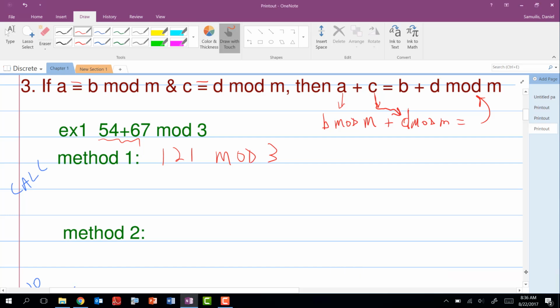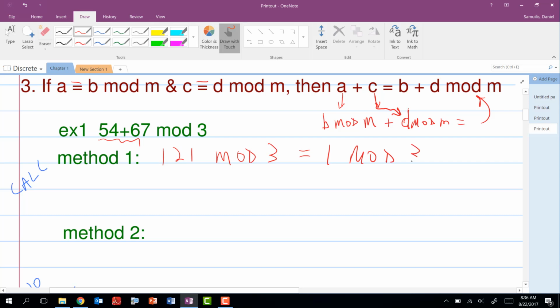The divide by 3 rule is when you add the digits together, if the sum of the digits is divisible by 3, then so is the number. Wild, right? But it's even crazier now. What's 1 plus 2 plus 1? 4. How far was it off from being divisible by 3? 1. Guess what? This is equal to 1